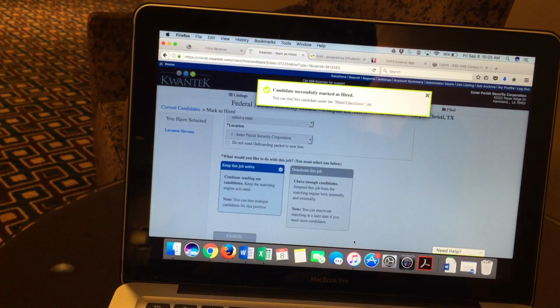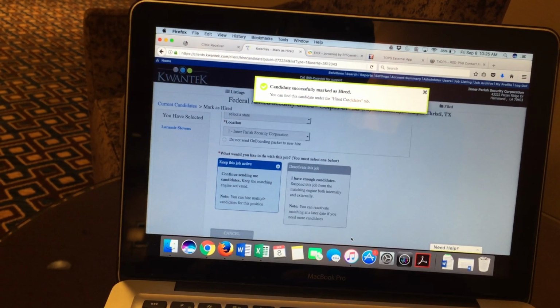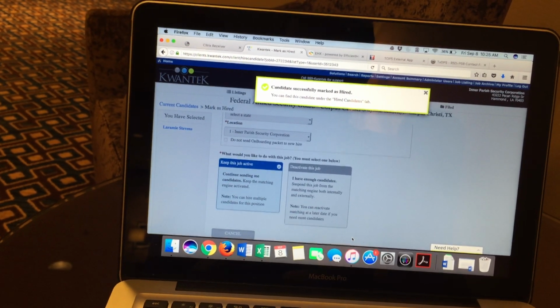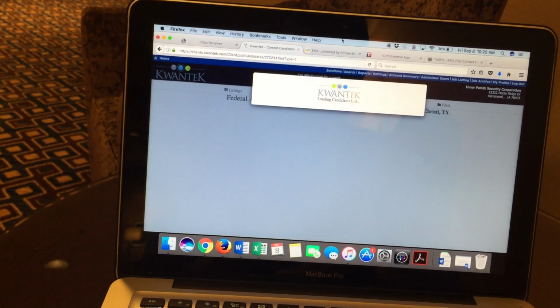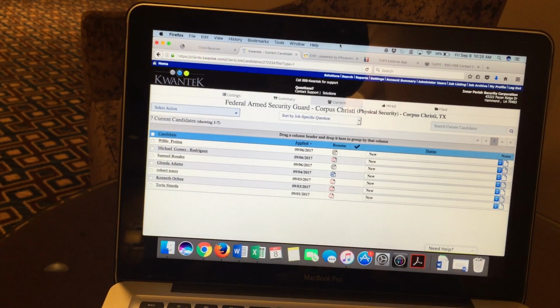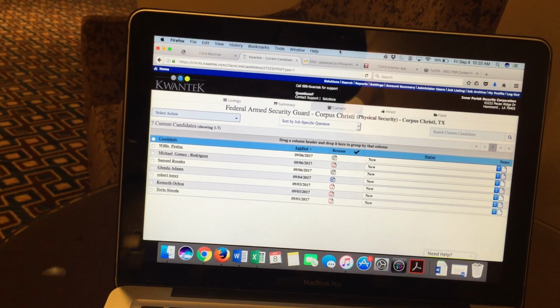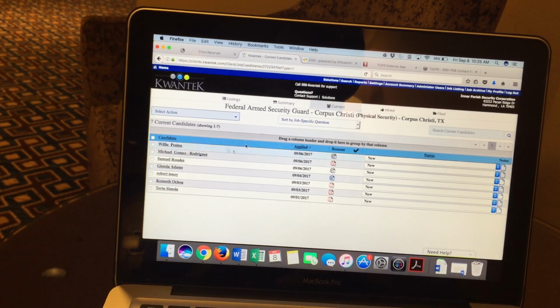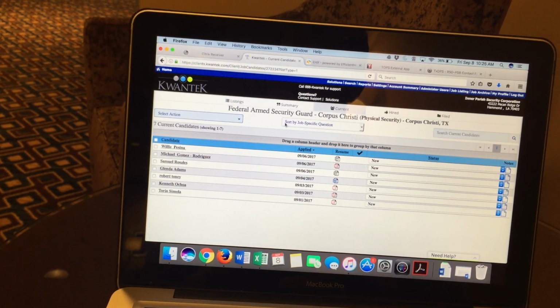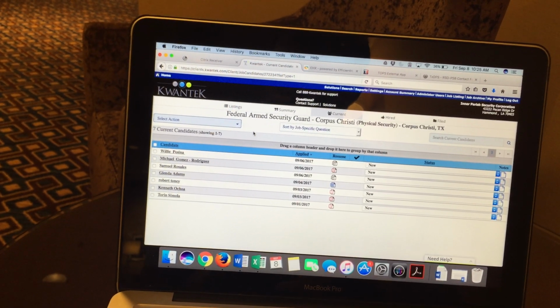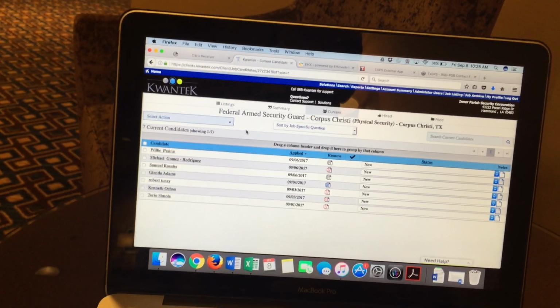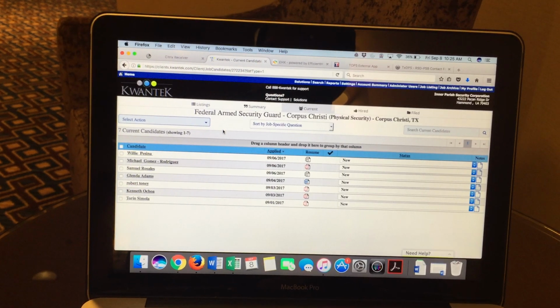So you can let that candidate know, hey, I'm going to push a hire pack to you. You're going to get an email from Efficient Forms, so be looking for that. It's going to be whatever at efficientforms.com, and they can get into the same email they use to apply for Kwantek. That's where it's going to go, and they can follow that through to the end. And in another video, I'll show you what that looks like from the employee's end.